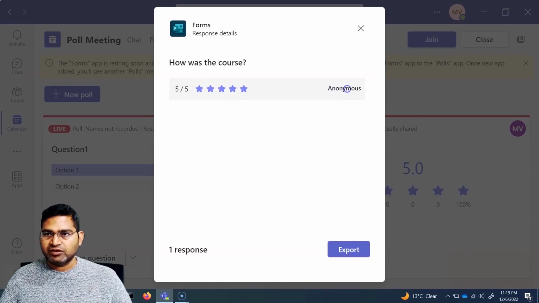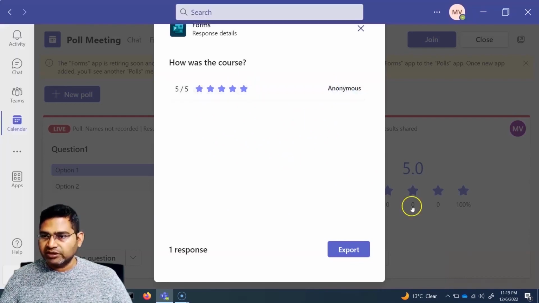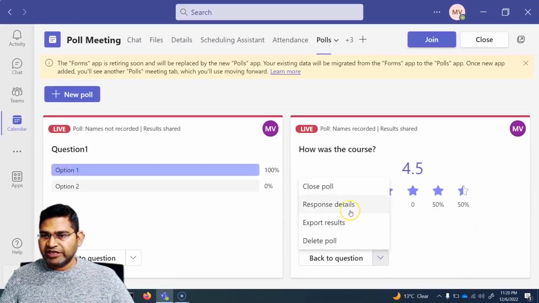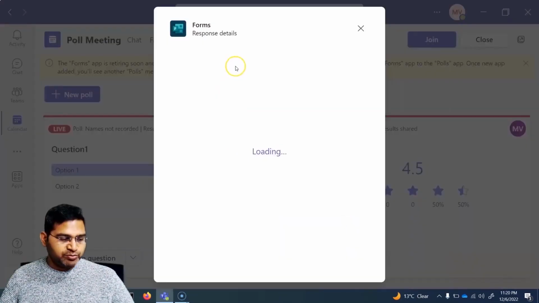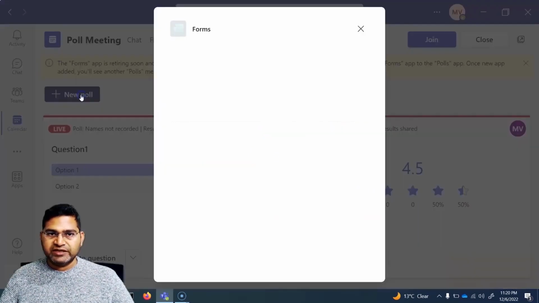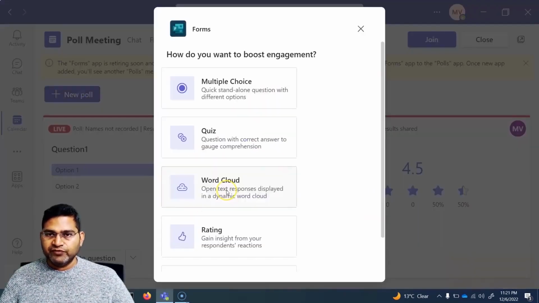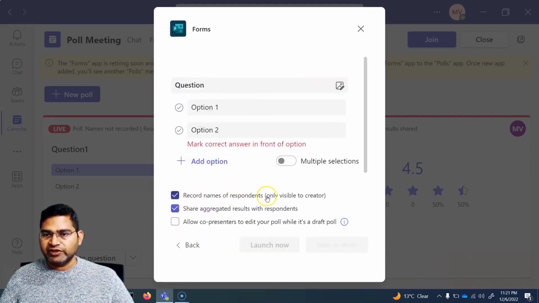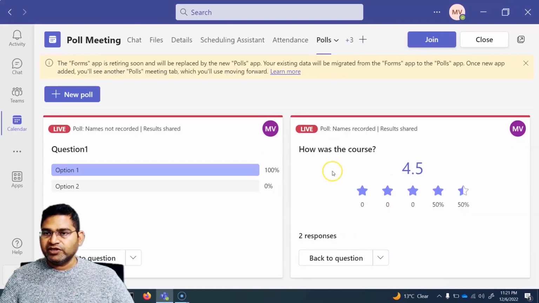So still it is showing as anonymous, which is not expected. It looks like this might be because the respondent is not in the company network, so that's why it's capturing it as anonymous. But usually while creating the poll, if you enable this option, say in the quiz, record names of the respondents, which is only visible to creator, it should capture the name of the respondent